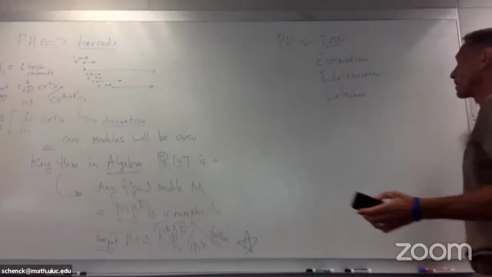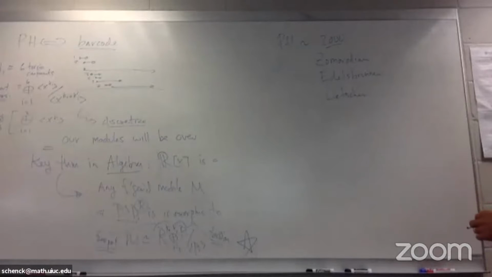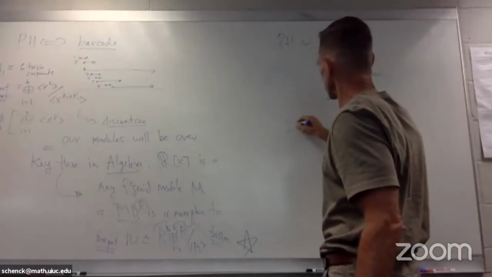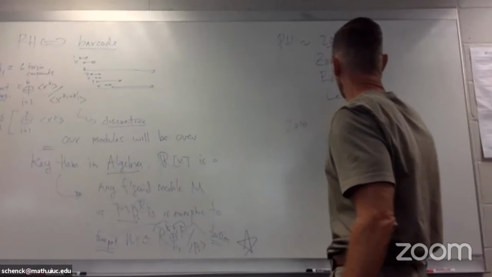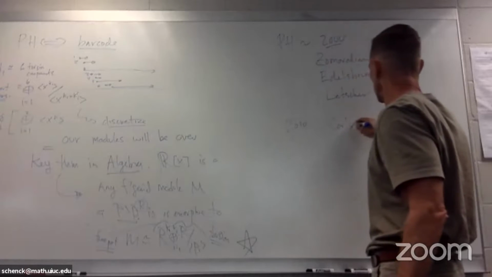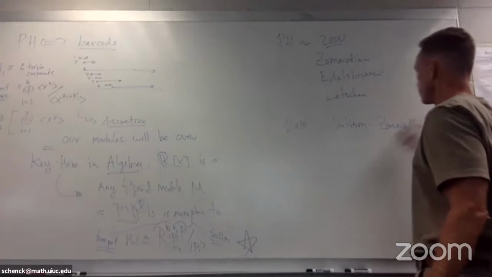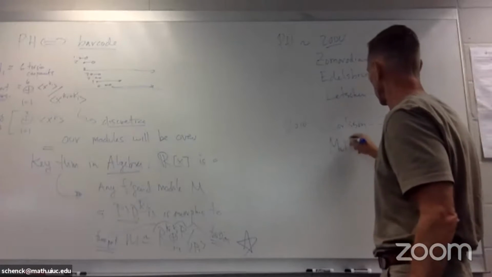It's further been developed by many people, and I would refer to the references that I mentioned earlier. Then about 10 years later, maybe around 2010, Carlsson and Zomorodian introduced multiparameter